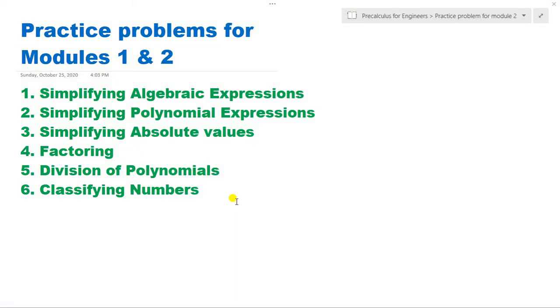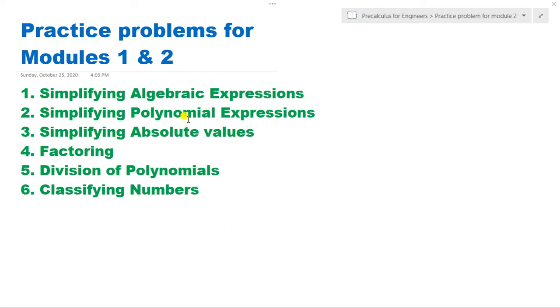Good day everyone. As I have told you, I will give you some practice problems for topics that can be found in modules 1 and 2 in preparation for your upcoming long exam. So I've just chosen some important topics na medyo lisod siya, and para maamoy ninyo gamay, konting kaalaman para ma-solve nyo yung mga